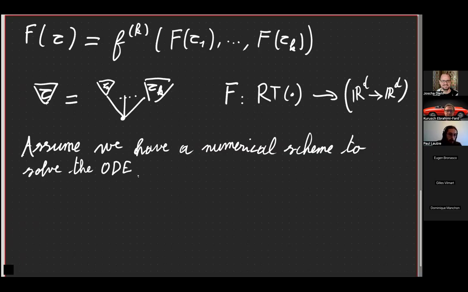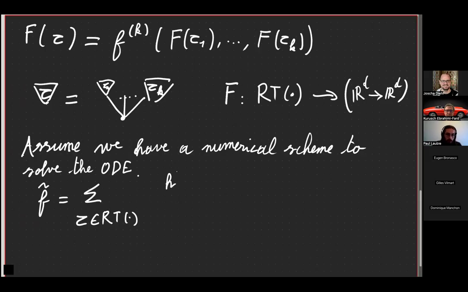But I can understand it using B-series by saying that I have F tilde that will be equal to a sum over the rooted trees of